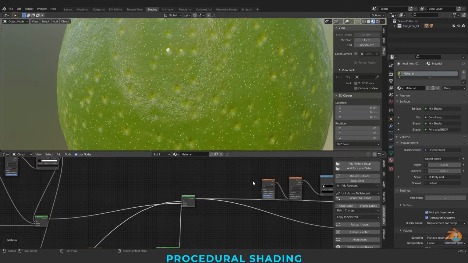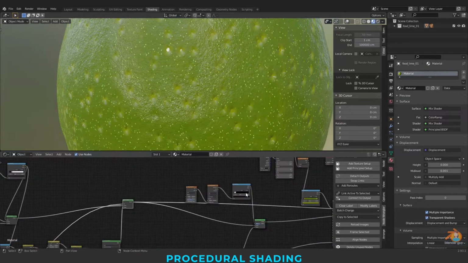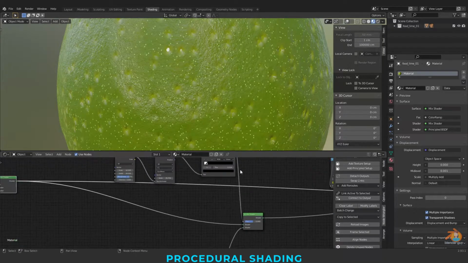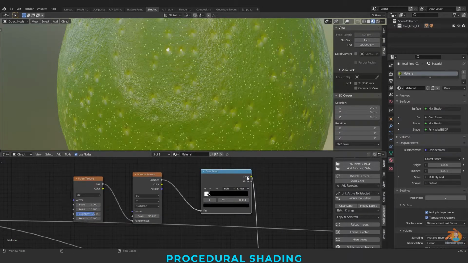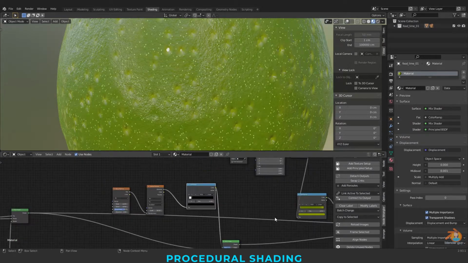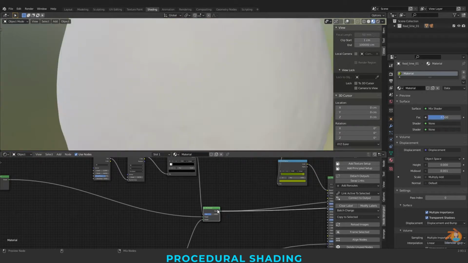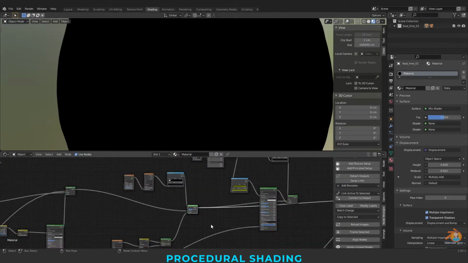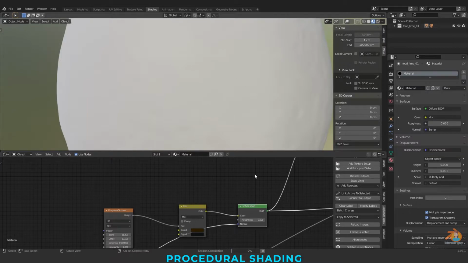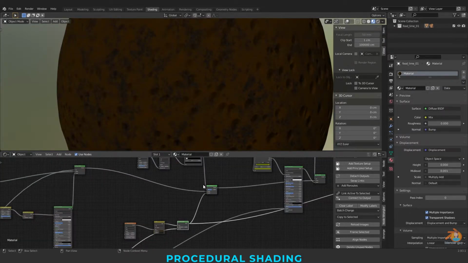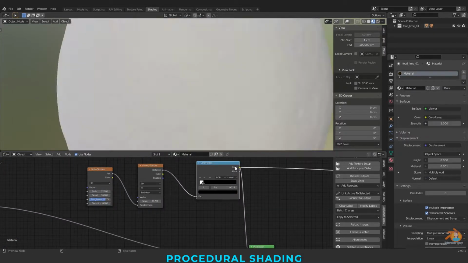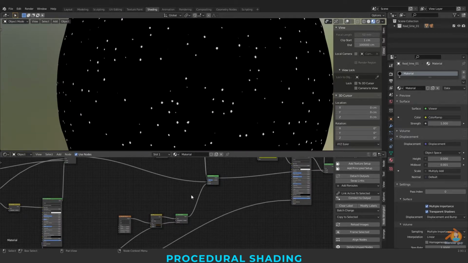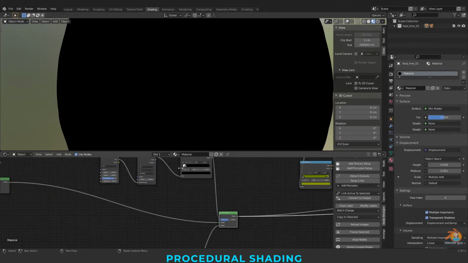And on the top of it we have added one another dots, a black color. So this is our material and this is our mask, and we have blended this black dots with this Voronoi.